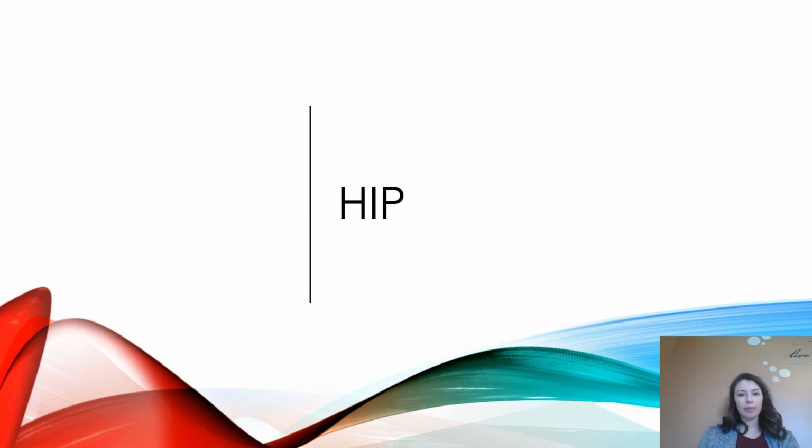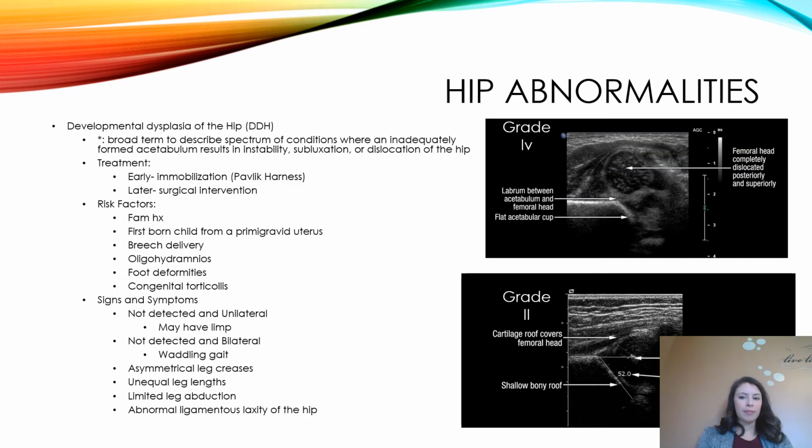Moving on to the hip. The first hip abnormality is developmental dysplasia of the hip, or DDH, and this is a broad term to describe a spectrum of conditions where an inadequately formed acetabulum results in instability, subluxation, or dislocation of the hip. Usually the treatment of this, if it's found early, is immobilization, or if you find it later, there's going to be surgical intervention. Some risk factors